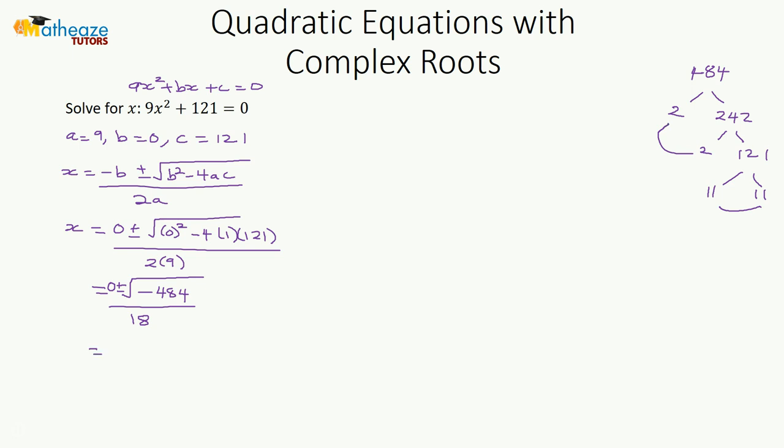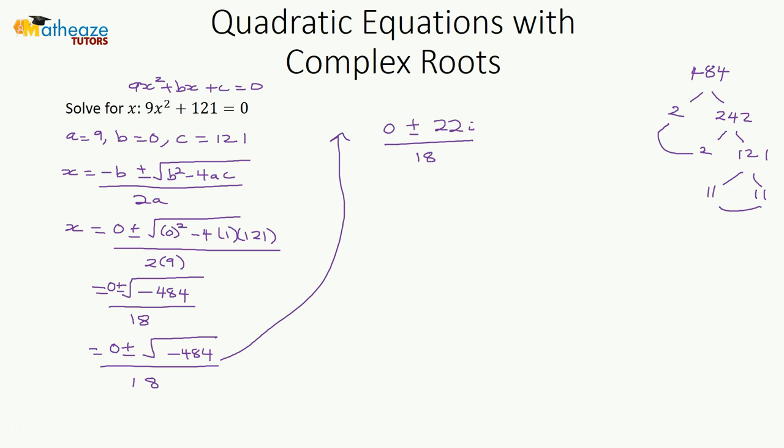So this is going to be 0 plus or minus square root of negative 484 over 18, which we're going to bring up here to give us 0 plus or minus 22i